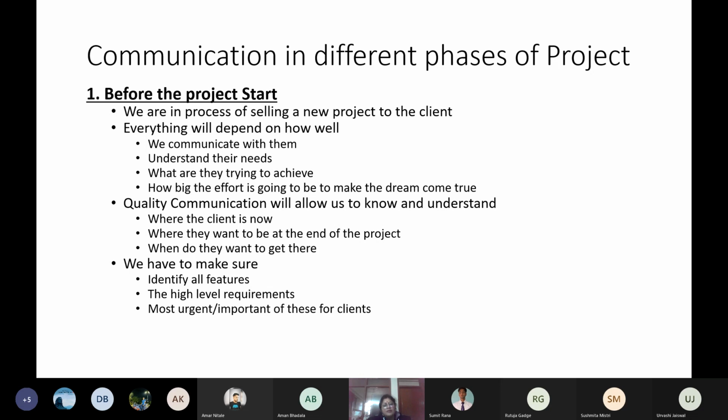in terms of resources, and then we need to know what are the most important and most urgent of these requirements to the client. What are the features he feels should come first? For example, suppose